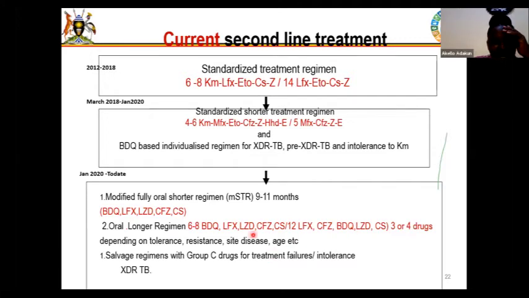So the criteria for selecting which option to use really will depend on severity of disease. So for patients who